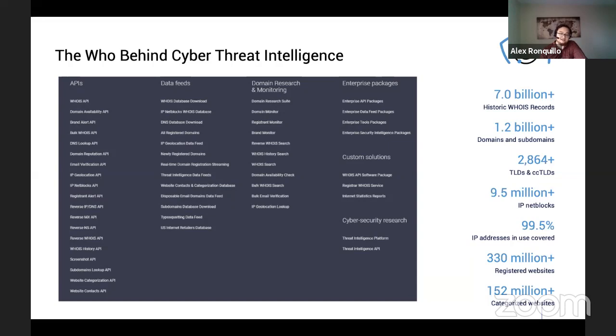So again, this slide has a long list of APIs, data feeds, but here's really the main takeaway. If it involves a URL, an IP address, a domain, or a domain's infrastructure, name servers, SSL, all of that, we've probably already figured out how to crawl it, clean it up, and export it directly into a more ingestible format. So you guys don't have to hack together a million tools from a bunch of different places. So today we'll be talking more specifically about a lot of our API endpoints, which will be used to do some deep dives into current historical records, which Jörn has made some very cool use of.